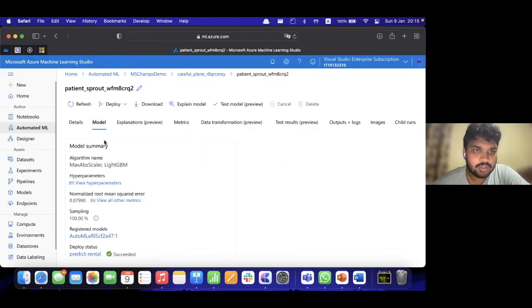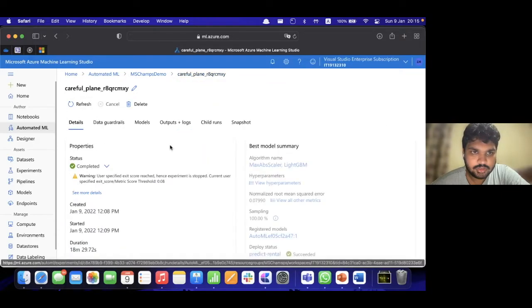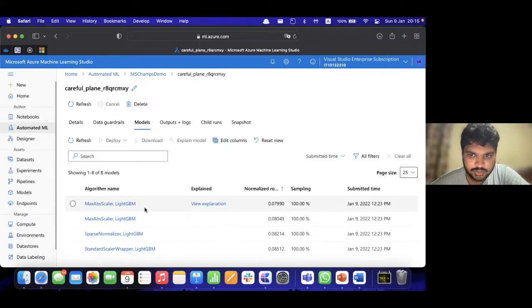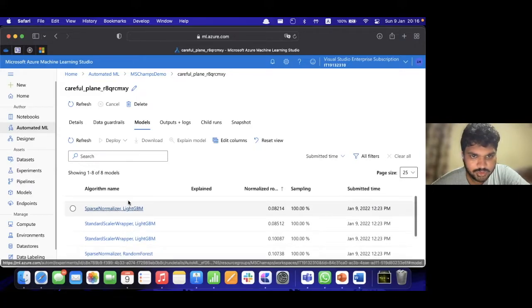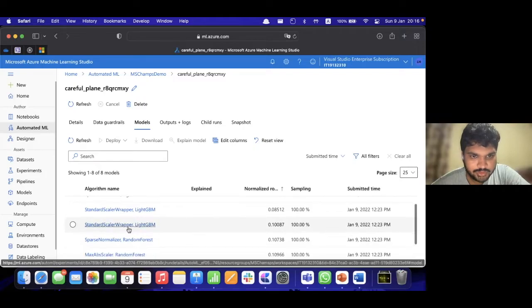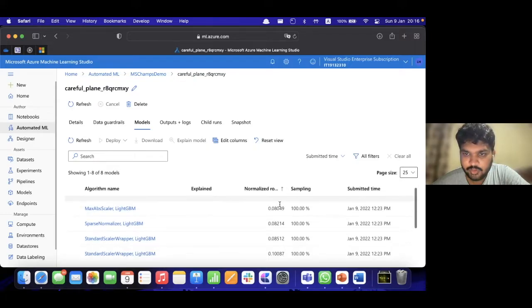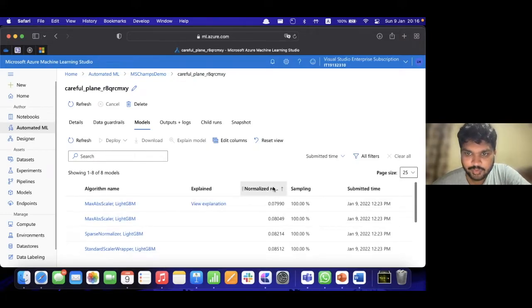If you go back to models, you could see that there are several machine learning models that the computer has tried. There's MaxAbsScaler LightGBM, SparseNormalizer LightGBM, StandardScalerWrapper LightGBM. So there are several models that the computer has created. But if you look here, the normalized root mean squared error,